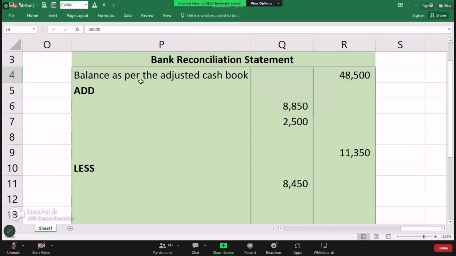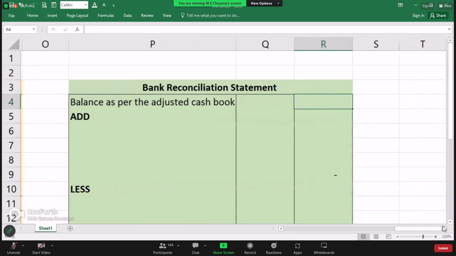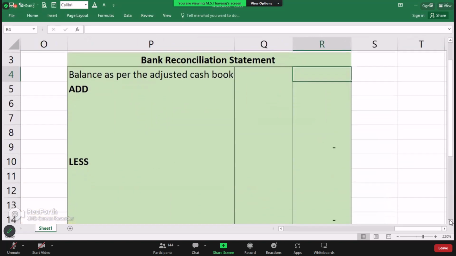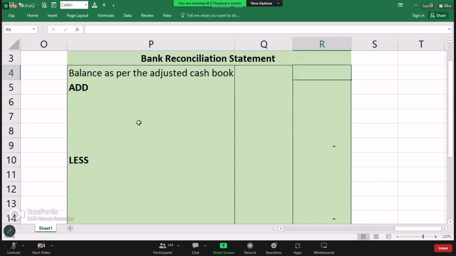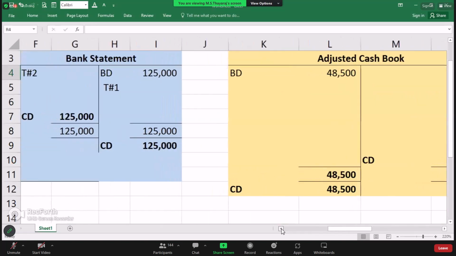Bank reconciliation statement as per the adjusted cash book. The balance is 40. Adjusted cash book. There are some balances that will appear, then we will see what the balance is, then we will decide. So here I have three things: bank reconciliation statement, adjusted cash book, and for the workings,